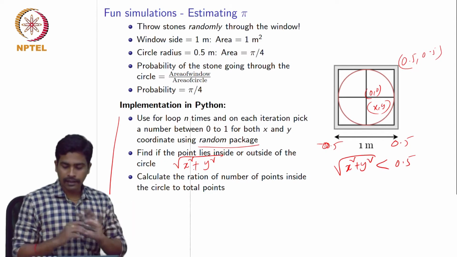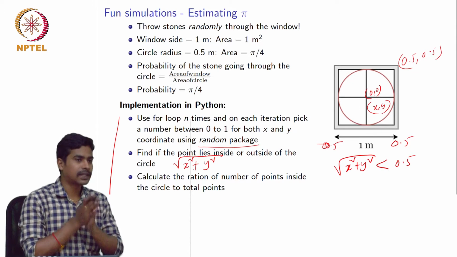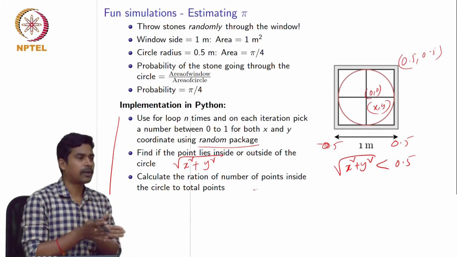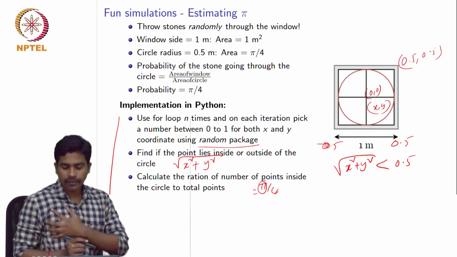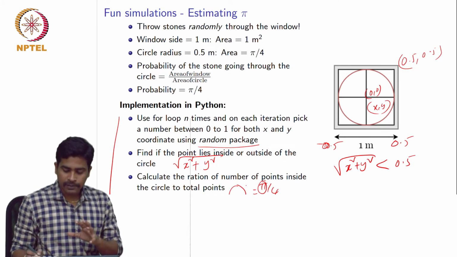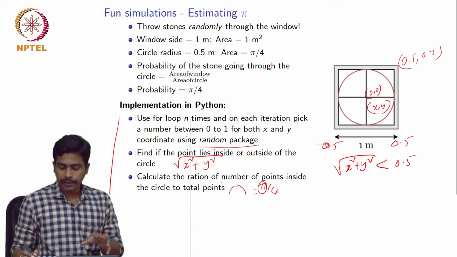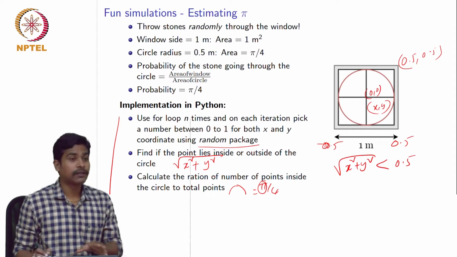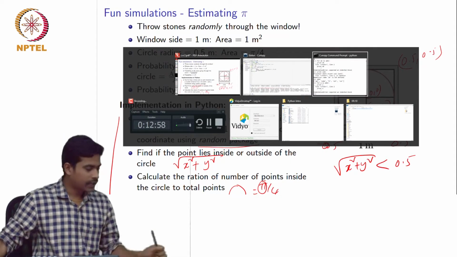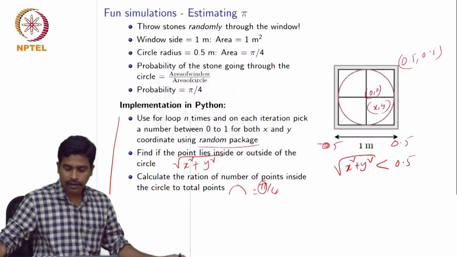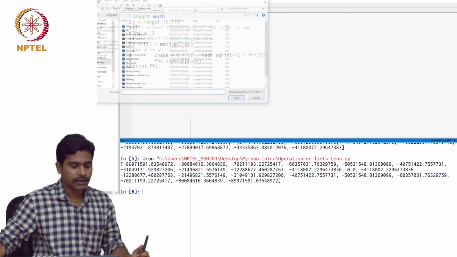After you finally run through the n number of iterations, you just have to take the ratio of the points that lie inside the circle and the total number of points, and this ratio is going to be pi by 4. We don't know what pi is, but to calculate pi, we just have to multiply the ratio by 4, and it roughly gives the value of pi. Okay, so I'll show you the program. I have already written it, or if you want, I'll give you 2 minutes, you can write it by yourselves, otherwise I can just open it.